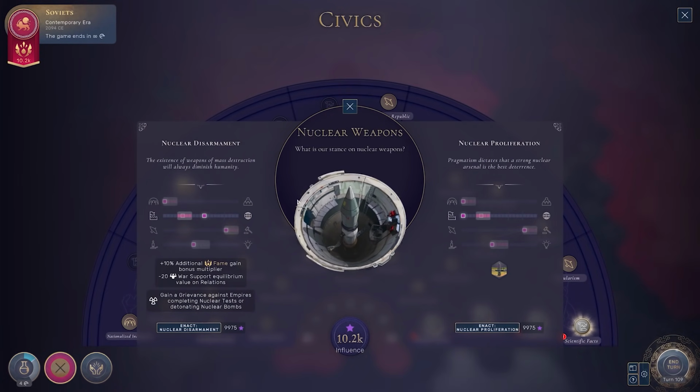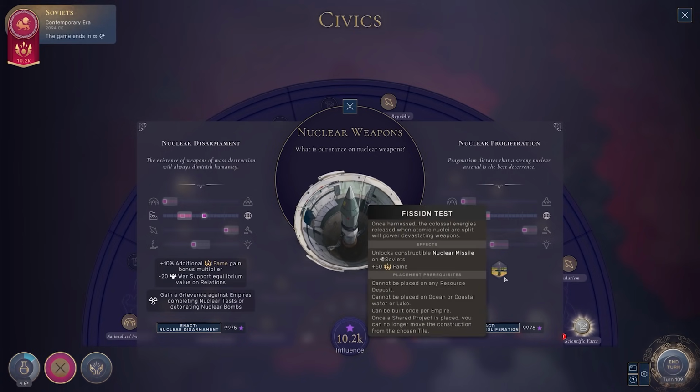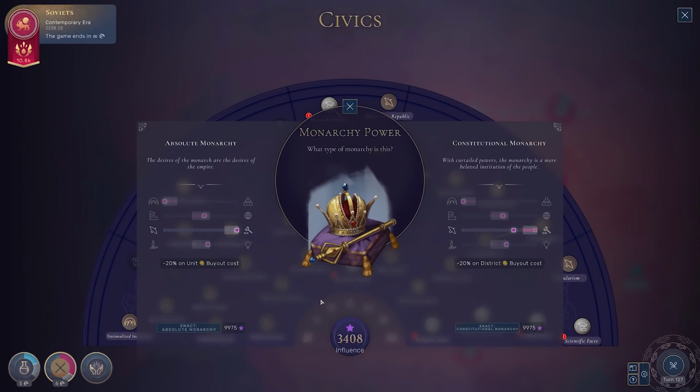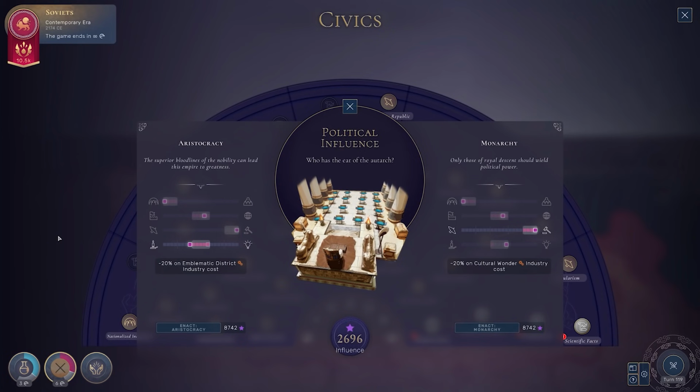Also, a lot of the political and artistic ones have changed too. Press freedom now has huge impacts, likewise artistic expression, on stability generation, tying in with some of those earlier changes. Also, political entitlement has changed to buff emblematic unit strength through aristocracy. Political influence now impacts emblematic districts, units, and wonders in how quickly you can build them, and the flow-on civic from that monarchical or monarchy power allows you to get a 20% reduction on buyout costs for either units or